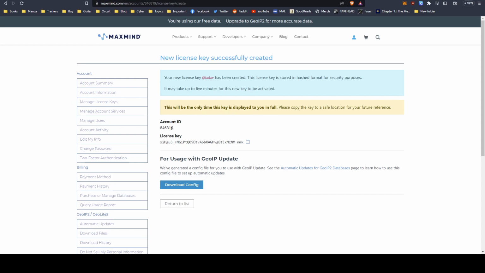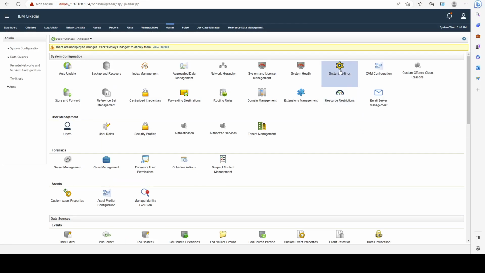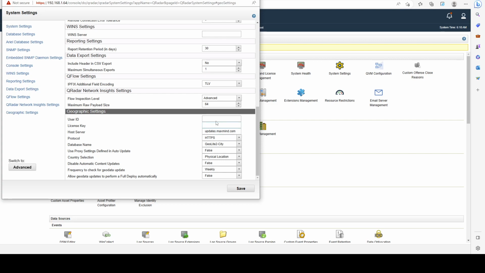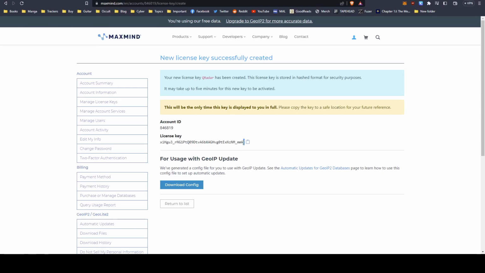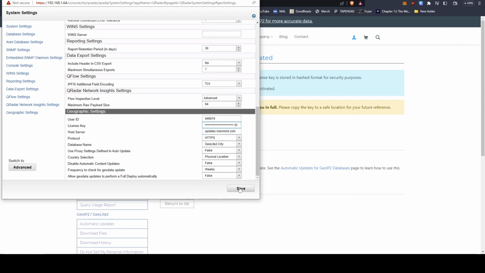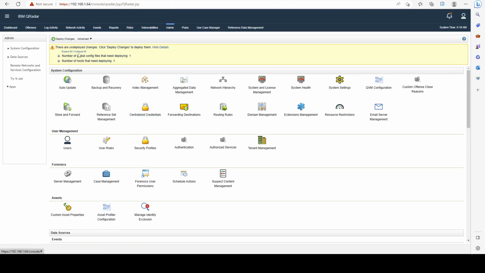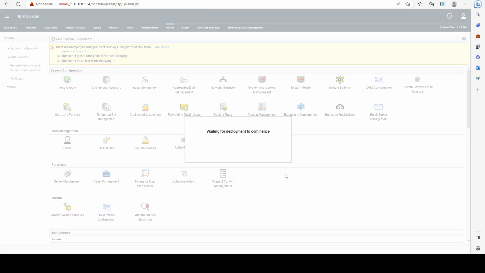So I'm going to go ahead and copy my account ID here, and then I will go to my deployment. I will click on System Settings, Geographic Settings, and then my user ID is going to be what I copied, and the license key, I will copy it as well. Click on Save. And now we have to deploy the changes. And after we do that,